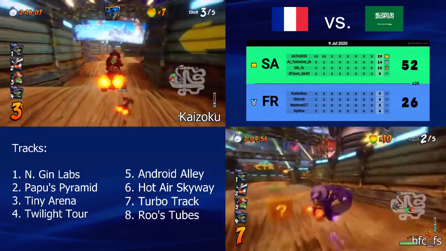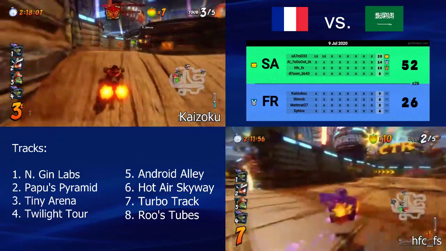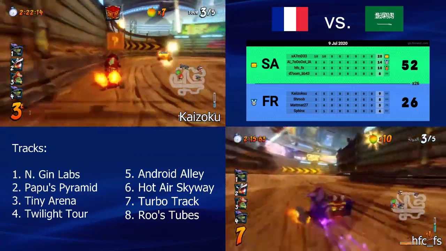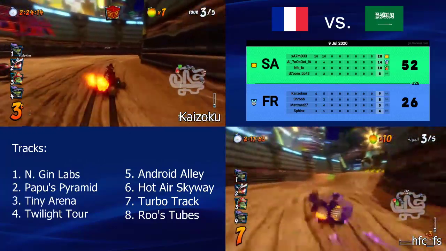You have to put up some mind games. You have to guess where someone will go. Will he go wide? Will he go tight? And I think the variation is what it really comes down to at the end.